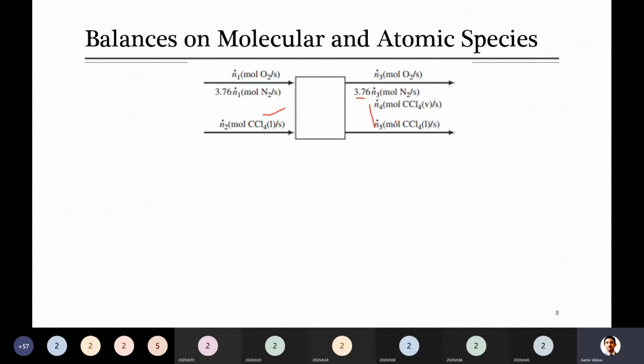What about the second balance, nitrogen? Now just write its equation in your notebook, or quickly if you can locate it here. What is its N1 value? N1 is equal to N3. Yes, again N1 is equal to N3 because 3.76 will cancel. Now, as per your knowledge, you wrote two equations, but are these two independent?